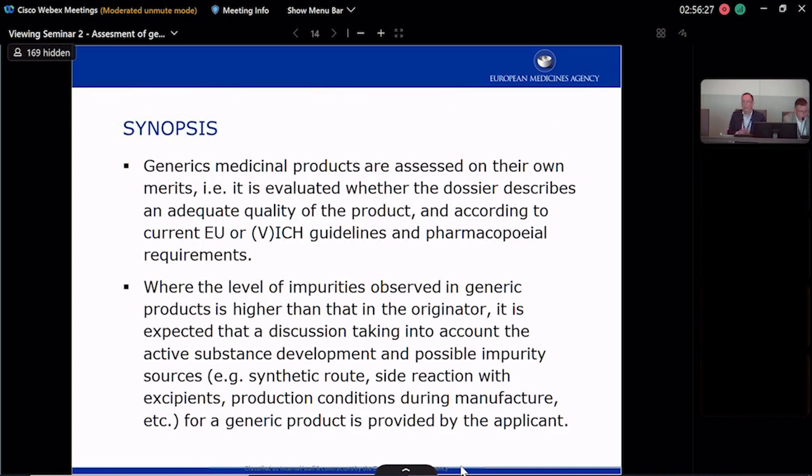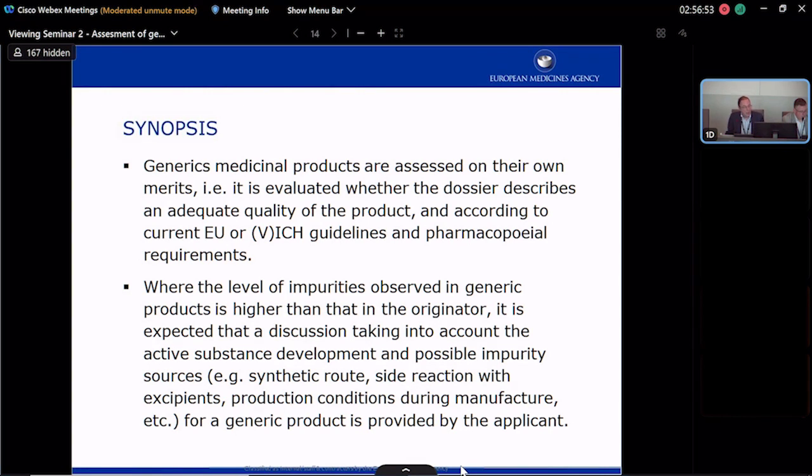And just as a summary and a message you can take home, generic medicinal products are assessed on their own merits. It is evaluated whether the dossier describes an adequate quality of the product, according to the current EU VICH guidelines and pharmacopoeia